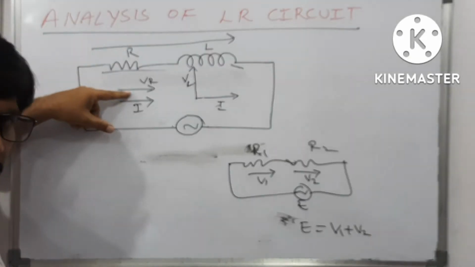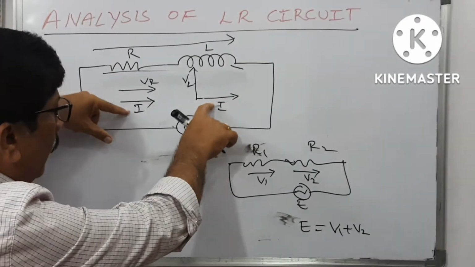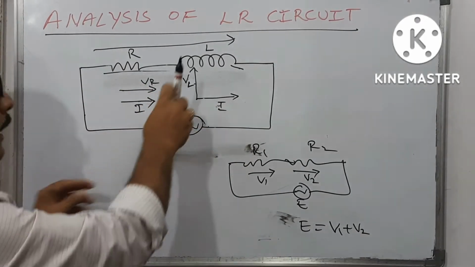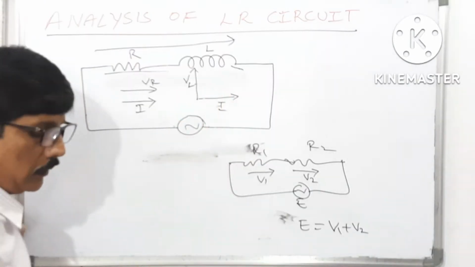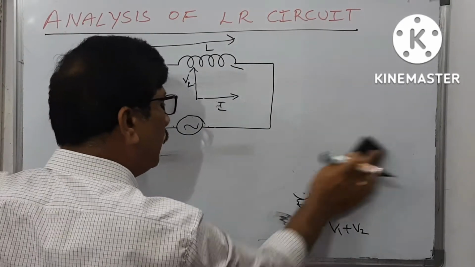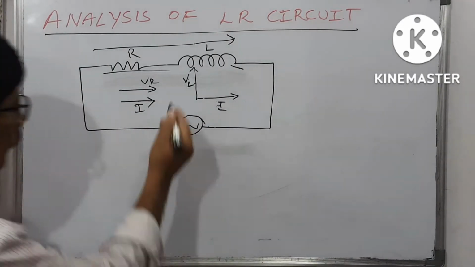The voltage across the resistor and the current are in the same direction. But the voltage across the inductor is perpendicular to this. But in this case, how can you do it? Very simple. If you see this,